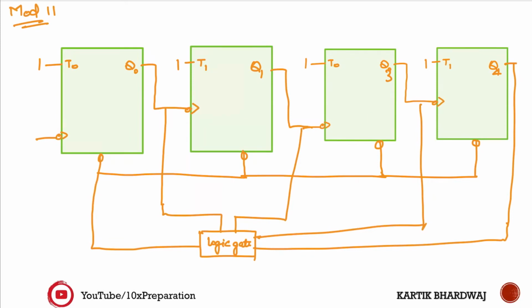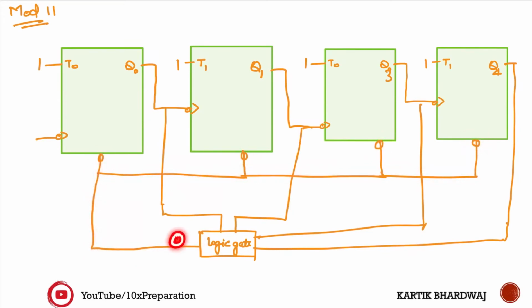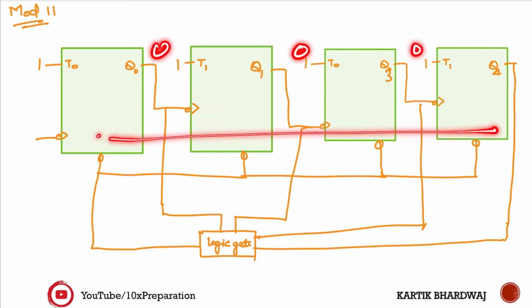Whatever the clock pulse coming from there, that will drive this one. Whatever the clock pulse coming from there, this will drive this one. So this is asynchronous. If all are running at the same frequency, then it is synchronous. All right, so what I did now, I simply put the output of all these 4, and I will put some logic gate over here, and the output of this logic gate I will set as a low active clear. I want a low active clear here. So if 0 is there, it will reset the entire circuit to 0 0 0 0 at the output.